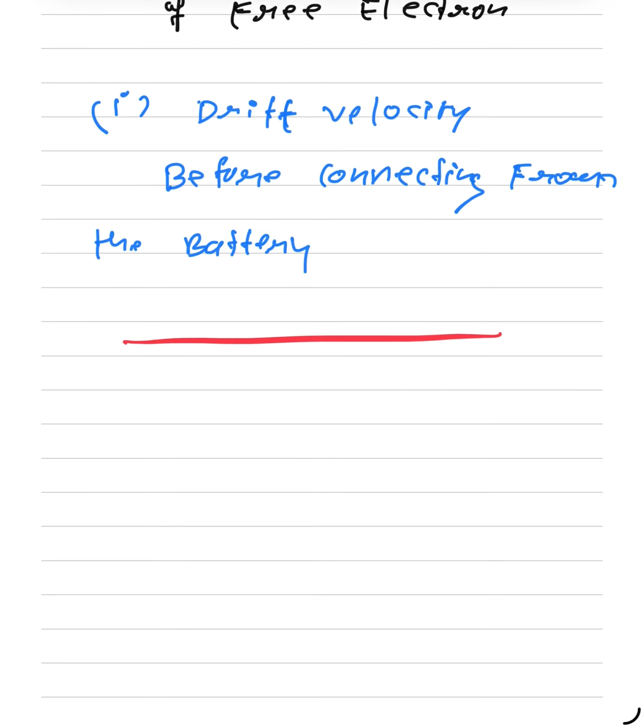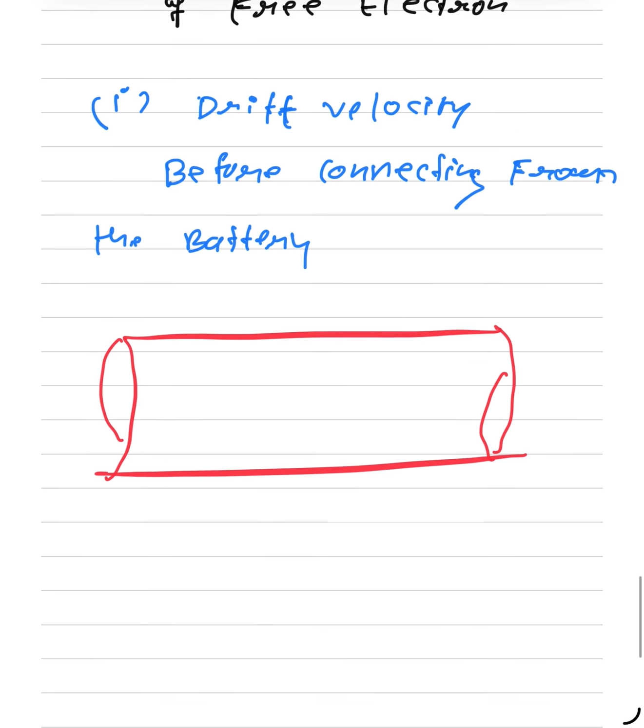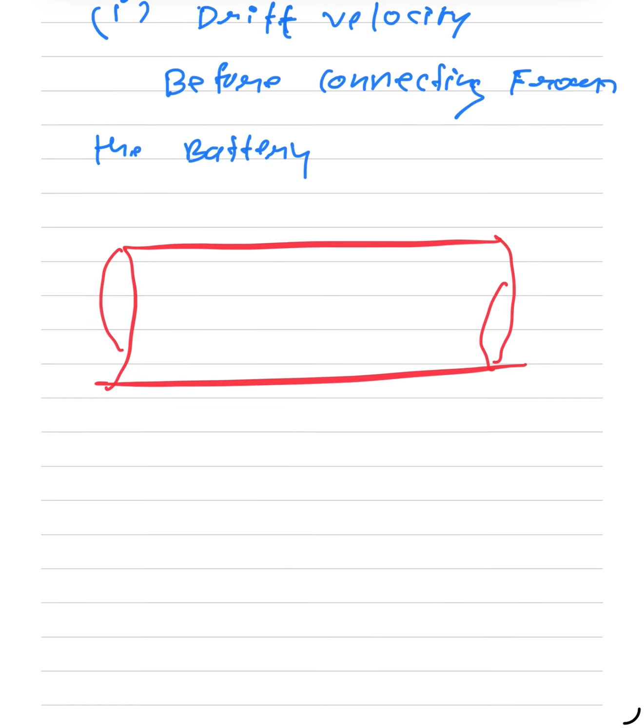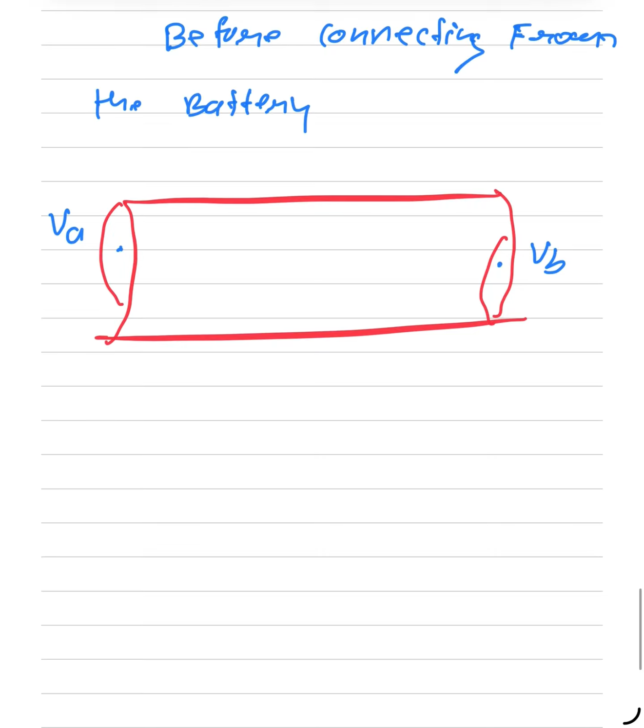This is a conductor, and before connecting to the battery, all free electrons move in zigzag, random motion, and the potential difference between both ends of the conductor, VA and VB,